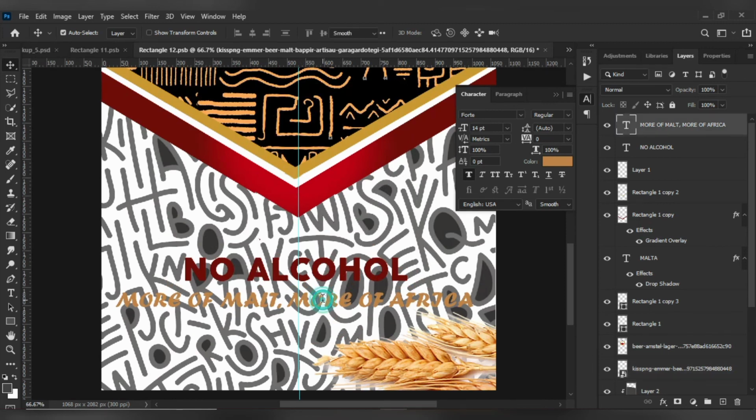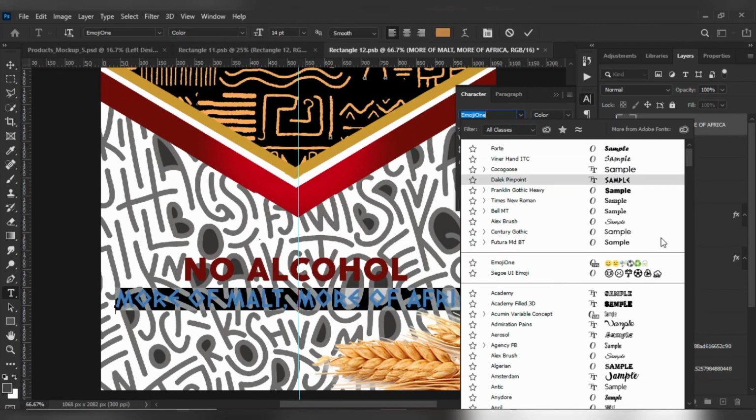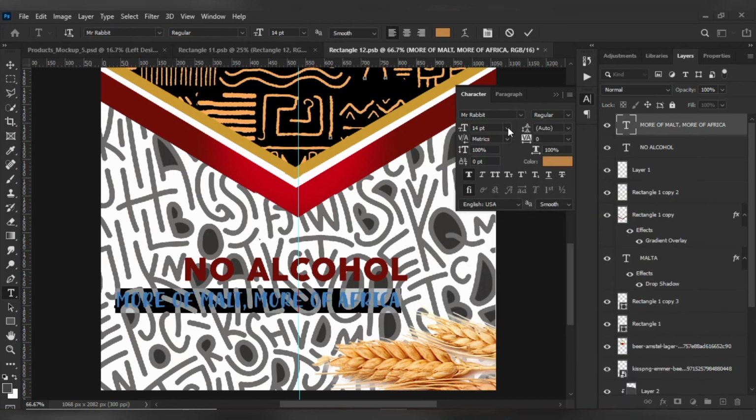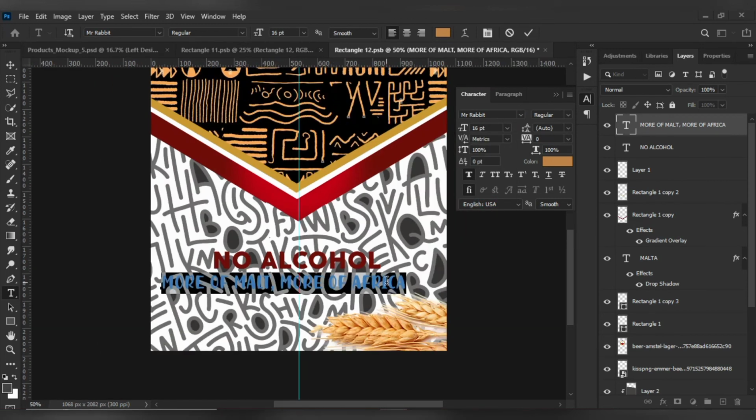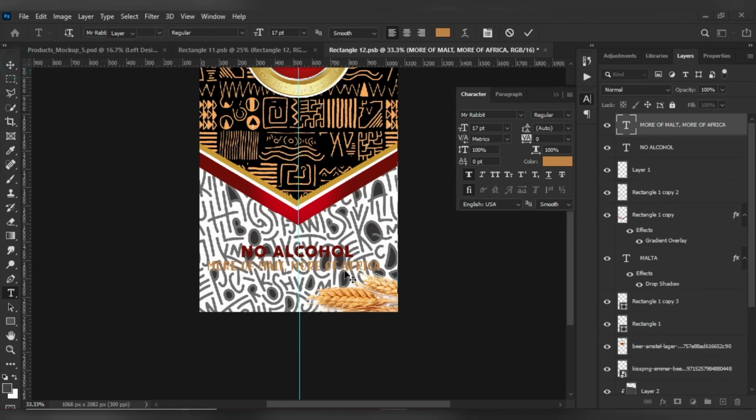So just make sure everything is aligned properly on the design. Okay, I'm still choosing a font for this. Okay, I think this is okay. Increase the size and align properly. Well, this is not really legible. What I mean to say is, it's not visible. It's not really visible to read, but